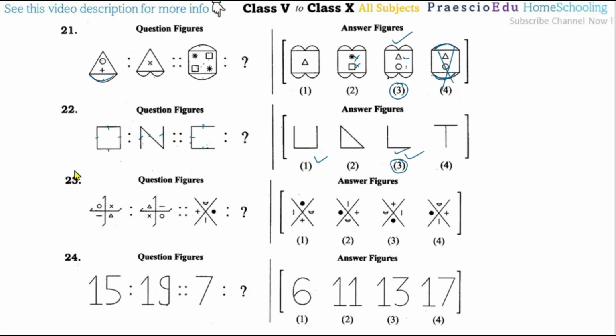Now question number 23. In this figure these lines are kept the same, only the symbols are rotated, we can say to the opposite. Okay, so this triangle comes in place of the opposite of this quarter with the circles, and this minus sign and the cross signs are also interchanging. Like this one, this cross has two lines the same.